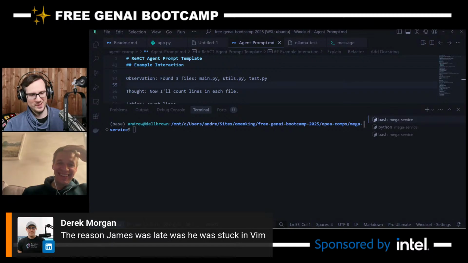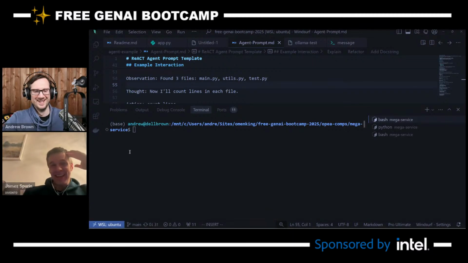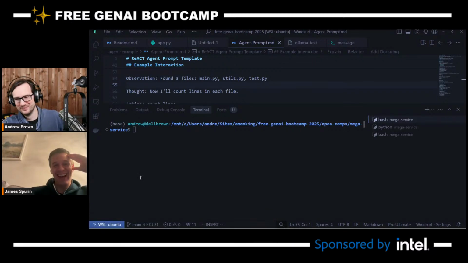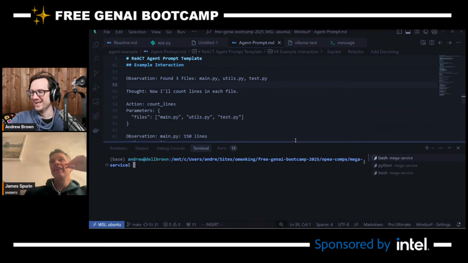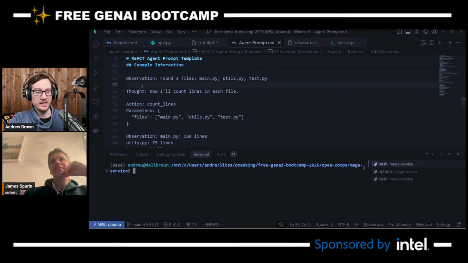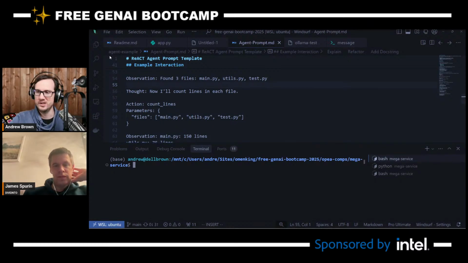The reason James was late was he was stuck in Vim. That's it. I couldn't exit. But anyway, I cannot not use Vim. I'm at a point where if I'm typing and I don't have Vim keys, I get kind of